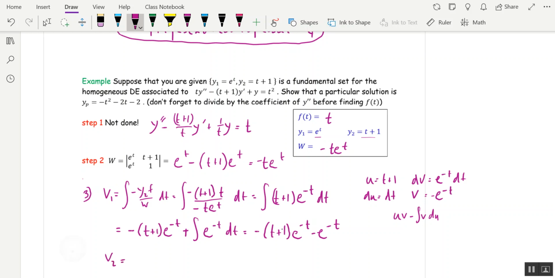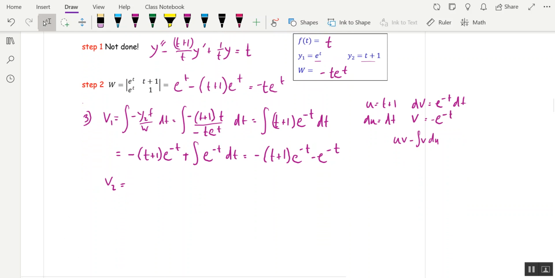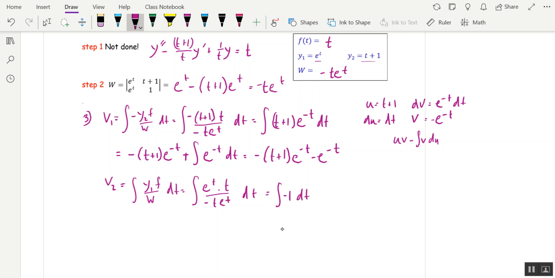V2, don't worry, this is a little easier. V2 is going to be the integral of y1 f over w dt, which is the integral of e to the t times t over negative t e to the t dt, which is the integral of negative 1, which is negative t. And finally, I think this is step 4,